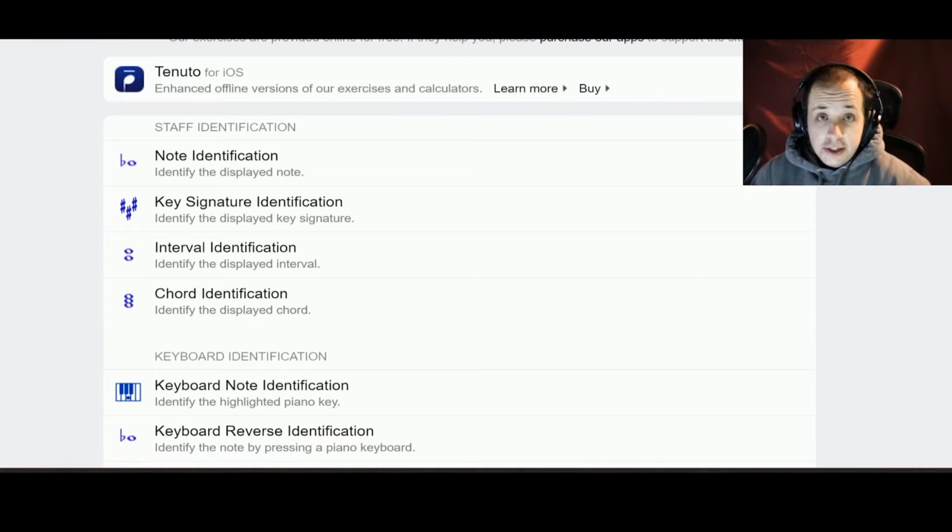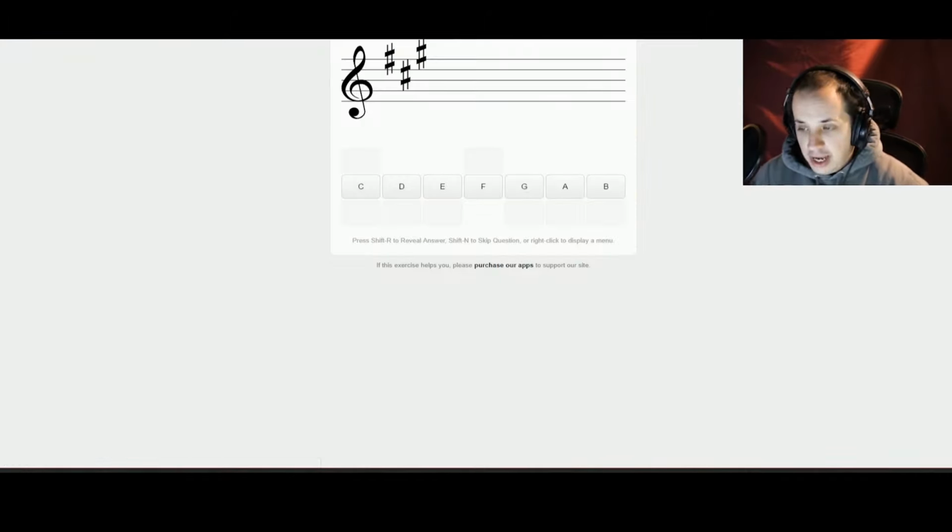Then they have a key signatures tool. So if you are more into music theory or you're further along in learning how to play the piano and you want to learn your key signatures, another great one here. And again, all of these have a little settings button up on the top right. Like I said, my setup, you can't see it right now, but it's there. And then you can go through and basically